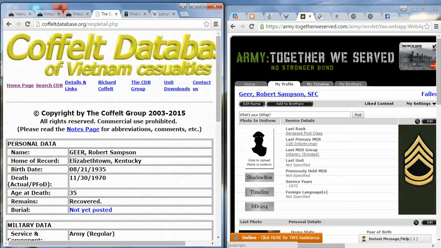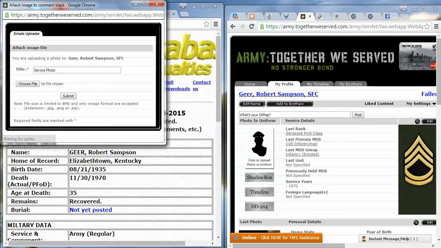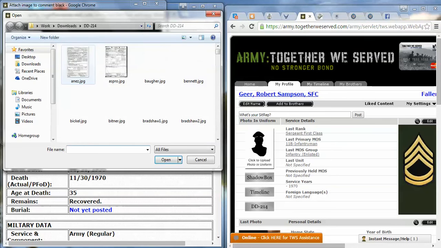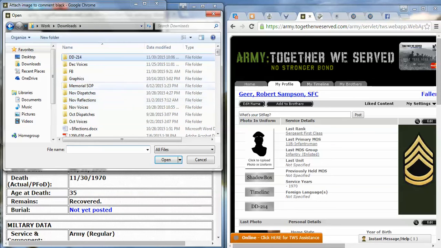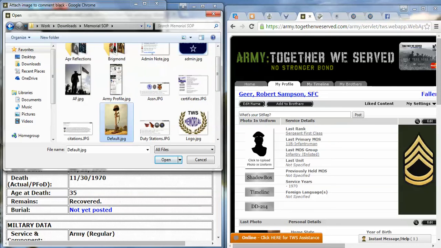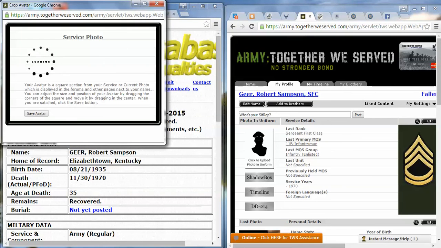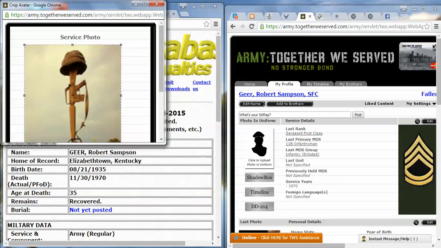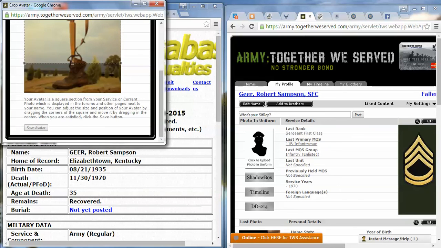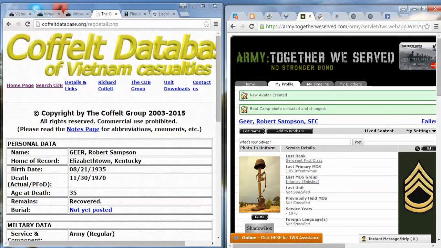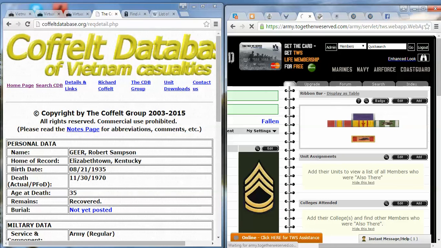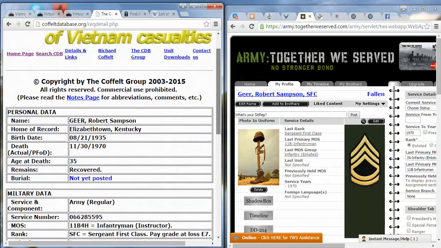All right. Since we can't find a photo, we put in the default for the correct war. Click Save.